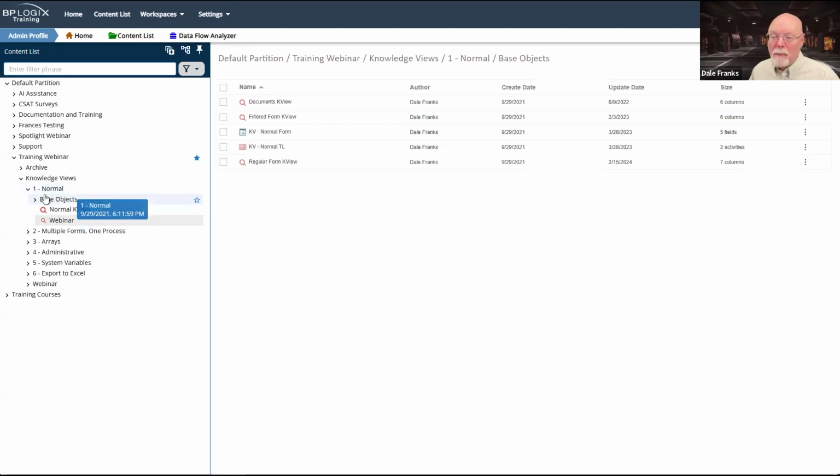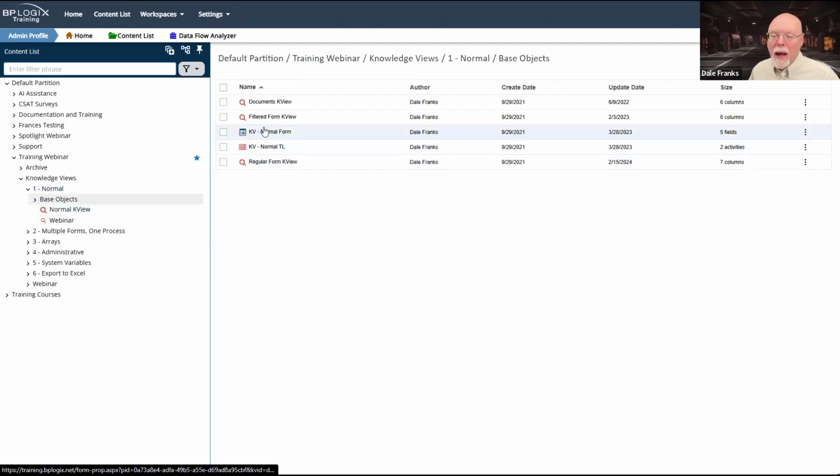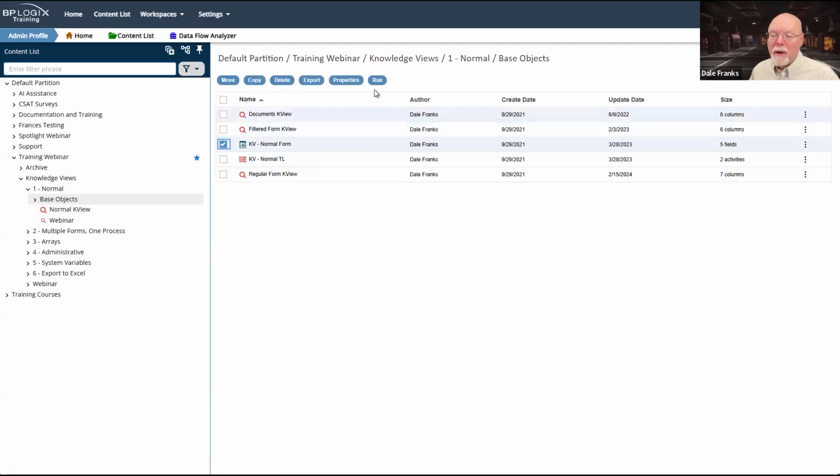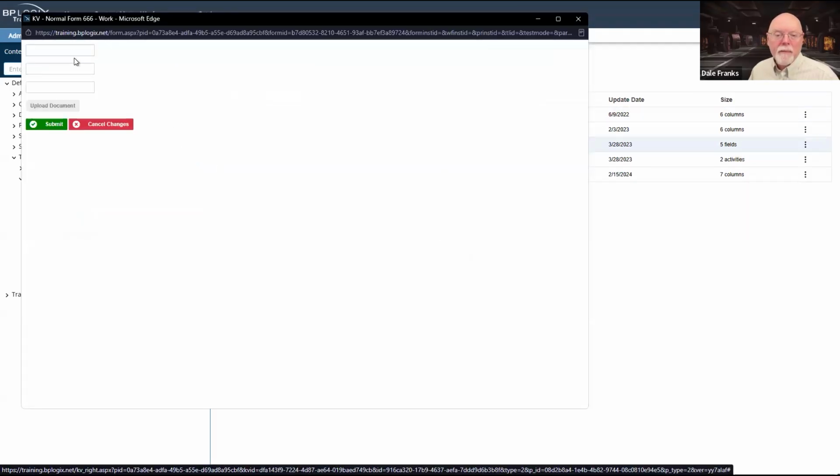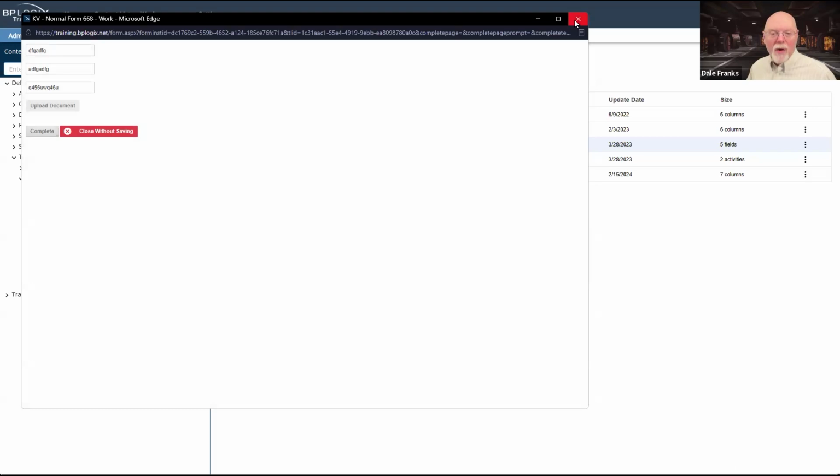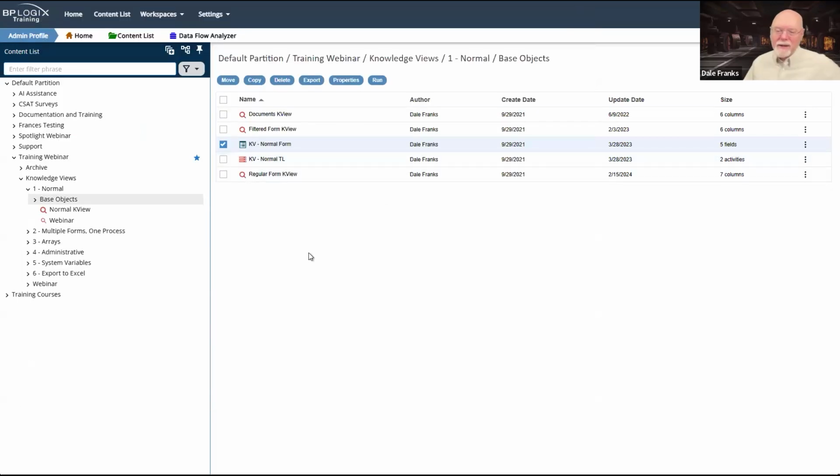So let's go into my base objects and let us open up a new instance of the normal form and run it. And we'll just throw in some gibberish there and I will submit this form. All right, great. I am now inside the running process timeline instance.